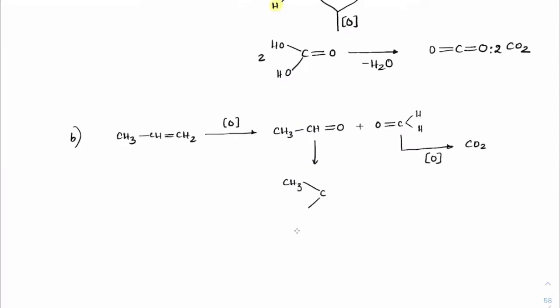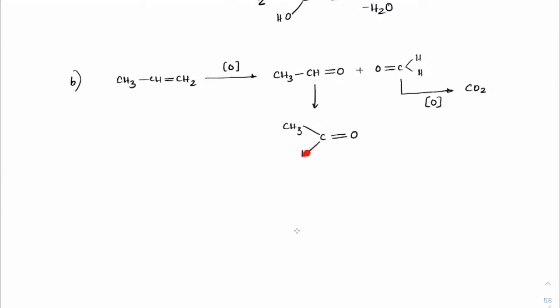Here you see the structure, how it is. CH3, CH double bond O it is. So where there is a hydrogen, insert one oxygen into it. So again, oxidize that, insert one oxygen into it. So we'll get CH3, C double bond O, OH. So what we are getting is acetic acid. CH3, C double bond O, OH. Once acetic acid is formed, there is no further oxidation.